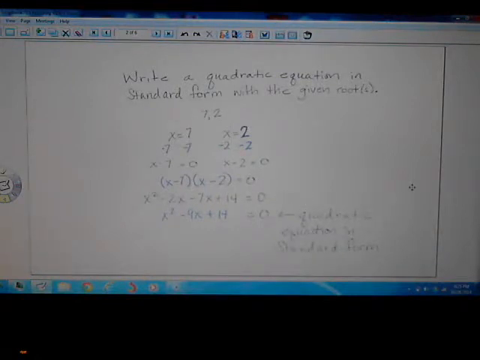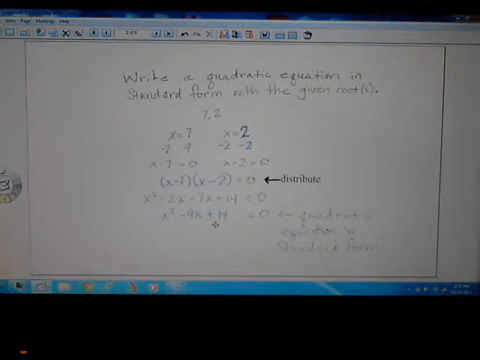And so to do that, I'm going to distribute to multiply them together. So this is where you might be accustomed to calling this FOIL, and I'm going to say distributive property. So distribute. That would be x times x to be x squared, x times the negative 2 to have negative 2x, and then I am done with my x distributing. So I'm going to distribute negative 7 to get negative 7x, and I'm going to distribute negative 7 to the negative 2 to get positive 14, and then I just need to combine like terms to get my quadratic equation